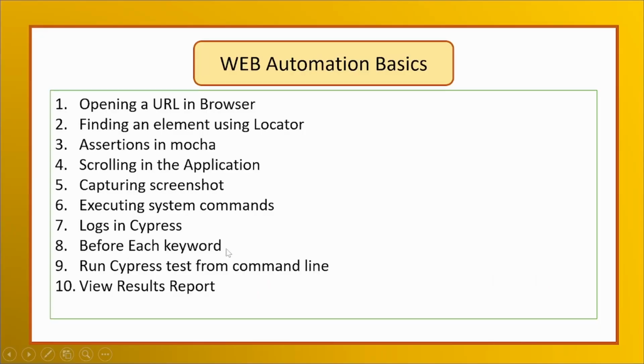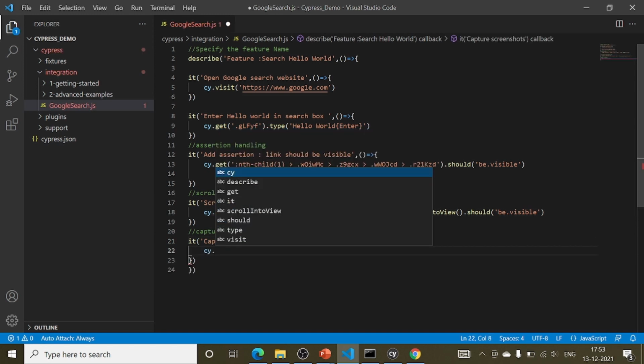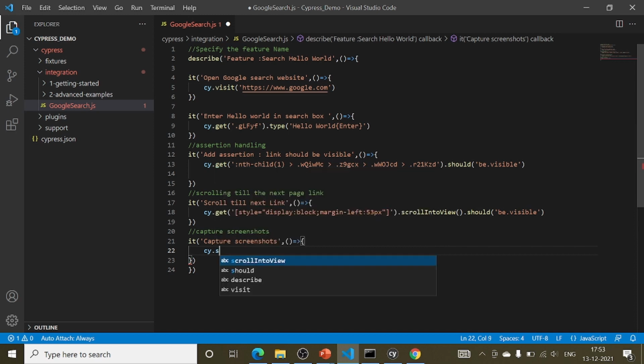Now we are going to check capturing screenshots. Again, let's create a test case to capture screenshots. For demonstration, I am creating it separately. So for taking screenshots, we use the keyword screenshot, and then you have to specify the image name.